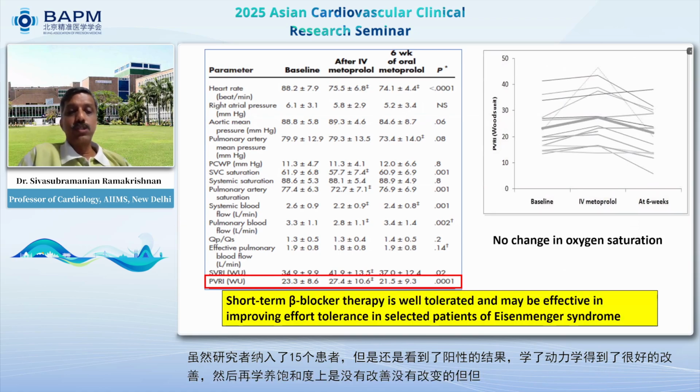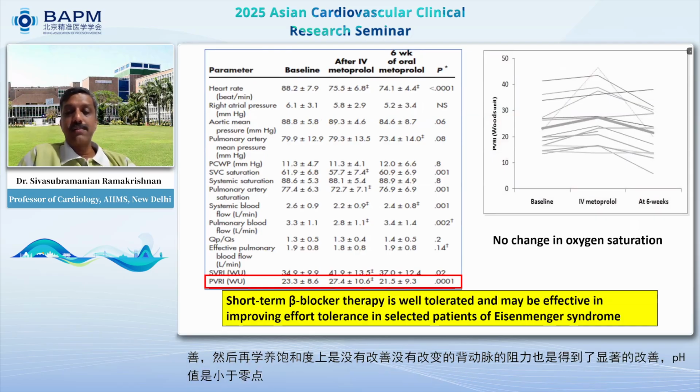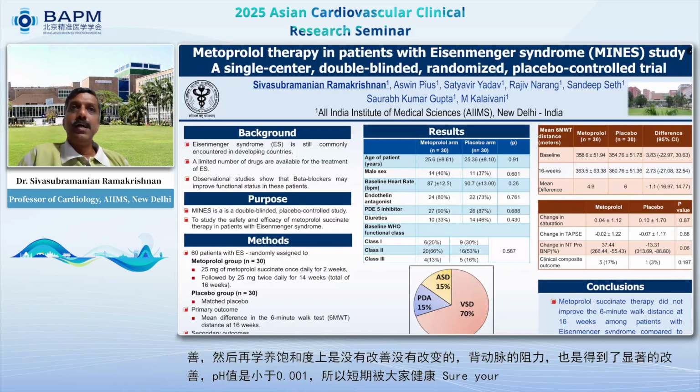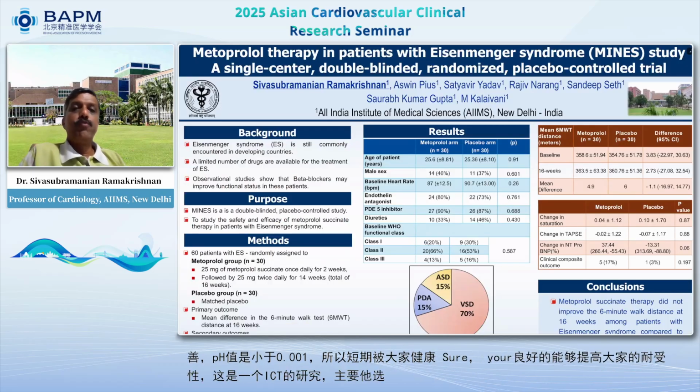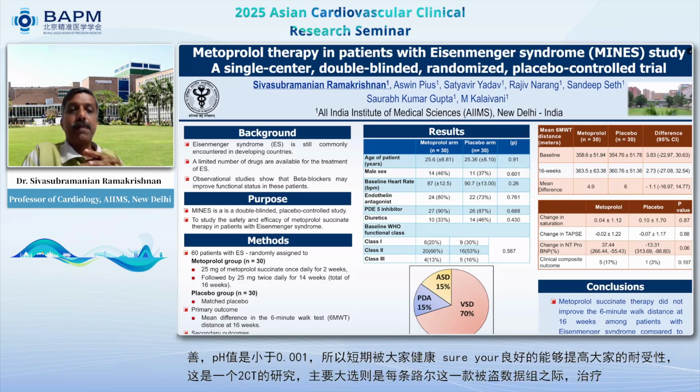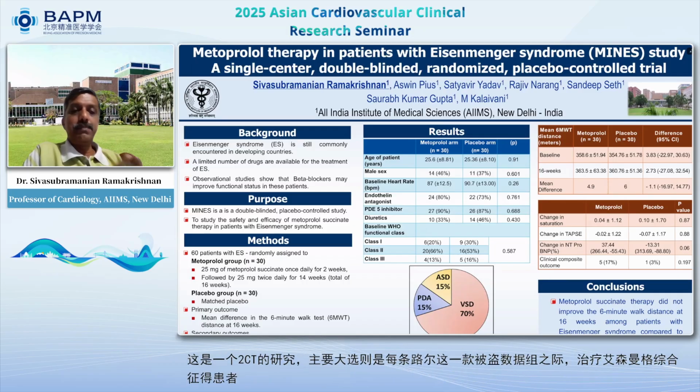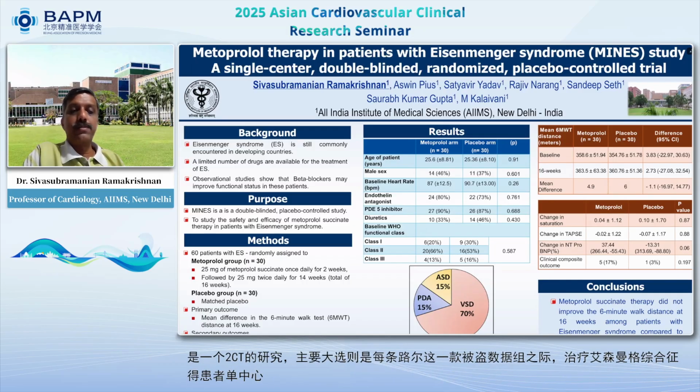So our conclusion was that short-term beta blocker therapy is well tolerated, and may be effective in improving effort tolerance in selected patients of Eisenmenger syndrome. With this in the background, with a lot of struggle, we ended up doing the first ever randomized controlled trial of beta blocker in any form of pulmonary hypertension. So we took 60 patients with Eisenmenger syndrome. We used a double-blind placebo-controlled design,